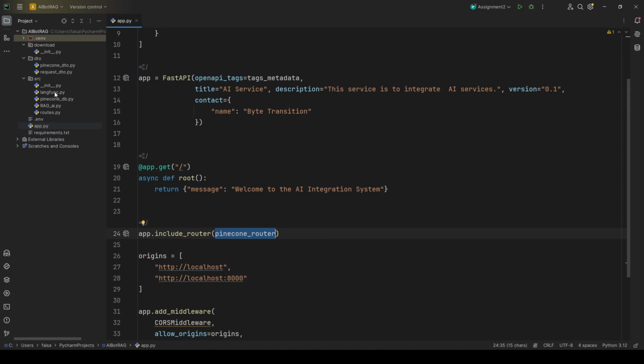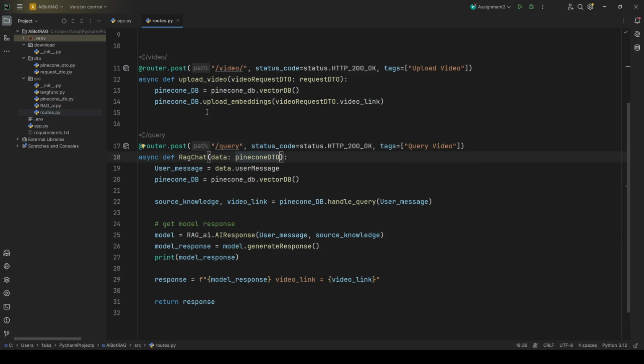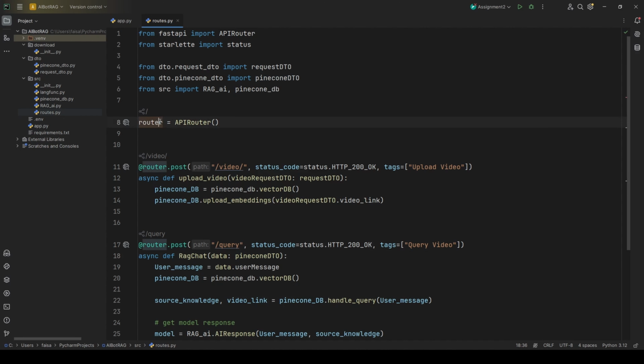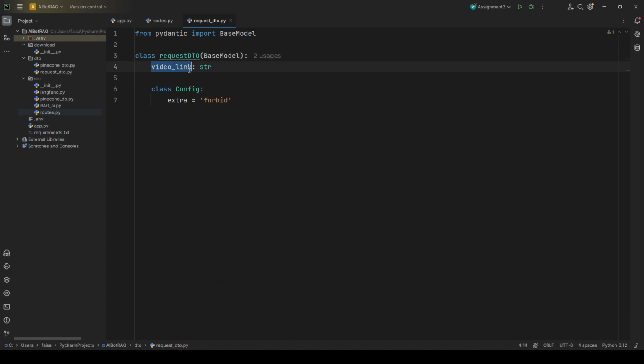If I go to routes.py, this is our Pinecone router. Here we are configuring the routes. Our first route is video. This is our first endpoint, and it is a POST method, and it takes the request body. If I go here, it takes the video link in its request,